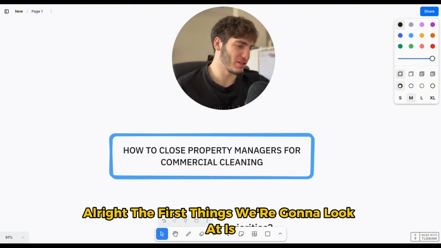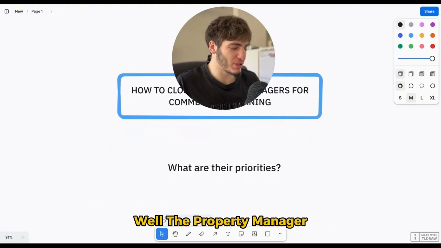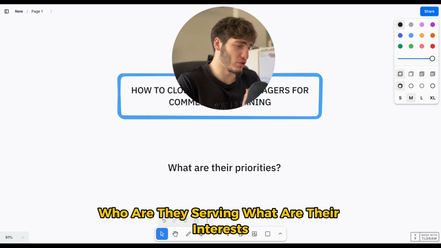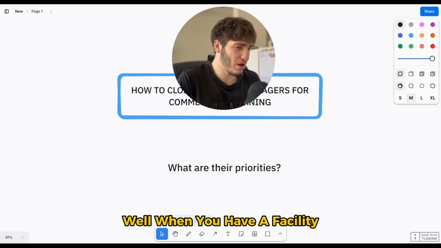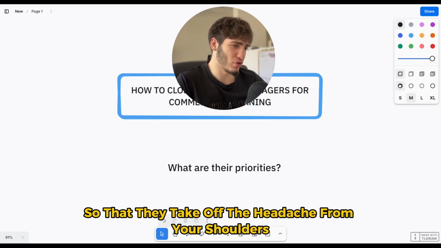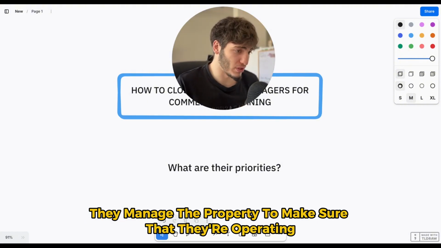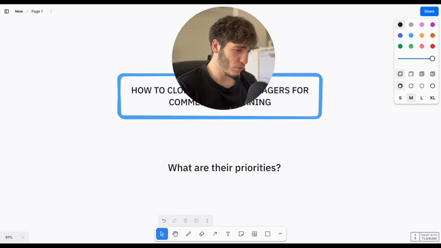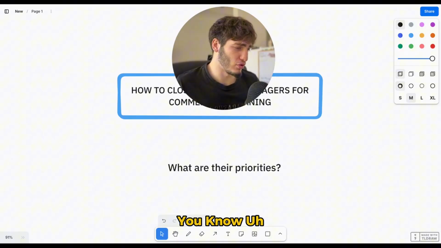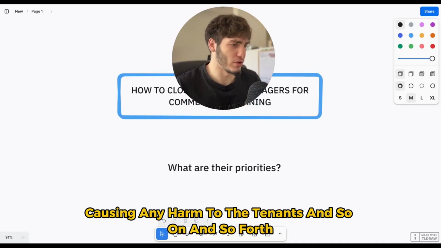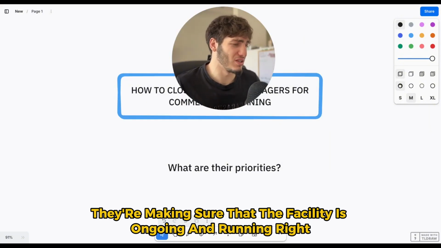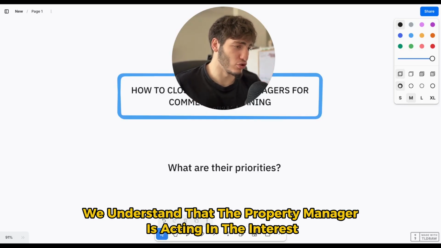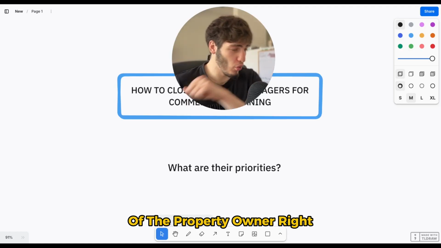All right, the first thing we're going to look at is what are the priorities of a property manager? Well, first we need to understand the context of their placement. What does that mean? Why are they there in the first place? Who are they serving? What are their interests? When you have a facility, you place a property manager so that they take the headache off your shoulders. They manage the property to make sure that they're operating the facility in the cheapest way possible without compromising on quality. They're also able to sustain the facility without causing any harm to the tenants and so forth, right? They're making sure that the facility is ongoing, running, and maintained. Perfect. So here we understand that the property manager is acting in the interest of the property owner,